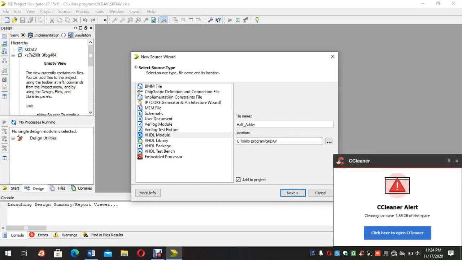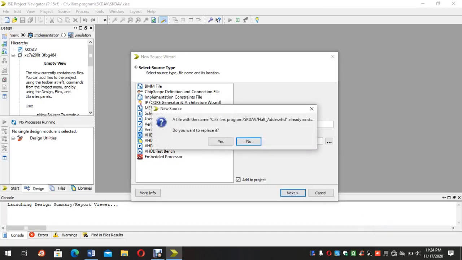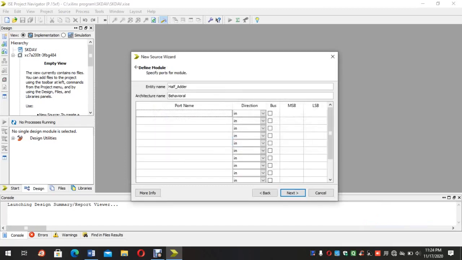Okay, then next, then give the input port names and output port names. As we know, in a HAPADDR two inputs and two outputs are present.